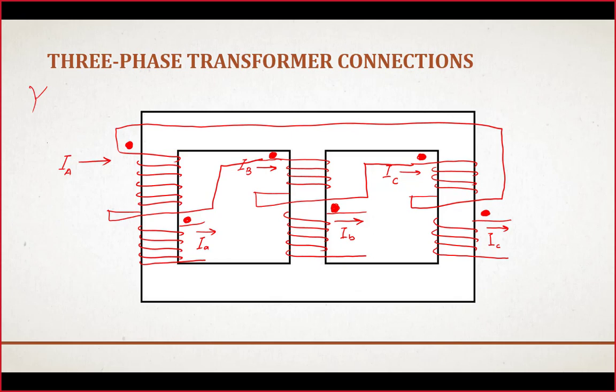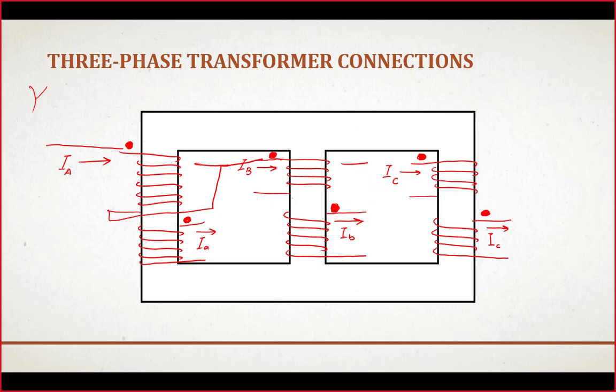Then we take connections out of this delta point. This is the first connection, second and third. These are known as the line terminals of the delta. So this is how we make a delta. There are two ways to connect the windings in delta. There are two different types of delta that we are going to discuss shortly. But here I just want to show you how we make the delta and Y connection.